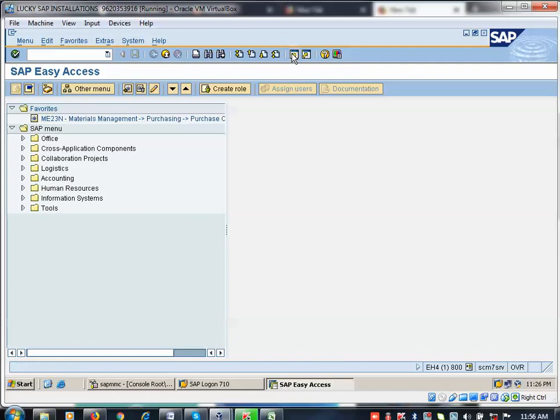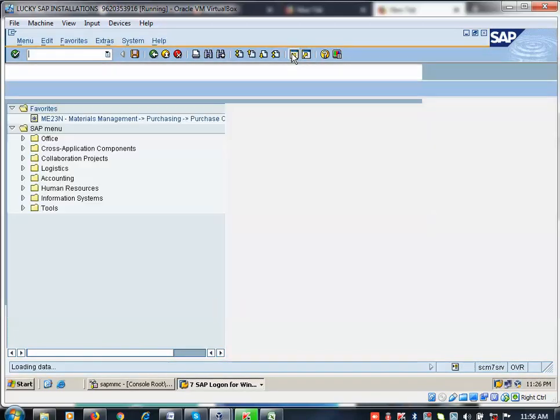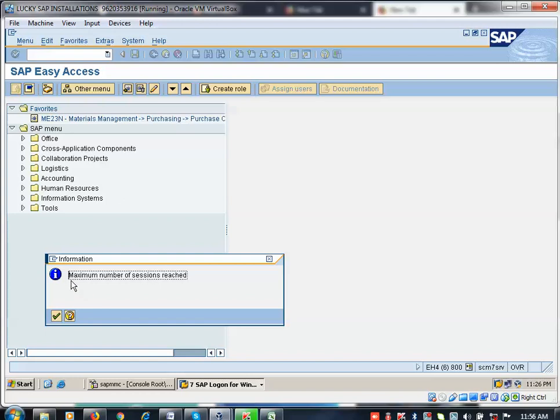Create session, here also you can do. Okay. Create session. Like this you can open 6 sessions. When the 6 is completed, it shows this blue message. Previously it was showing in red color, but now it is showing correctly. This is blue message. Okay.